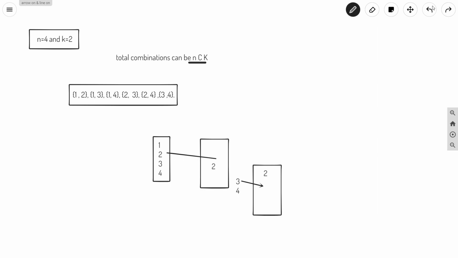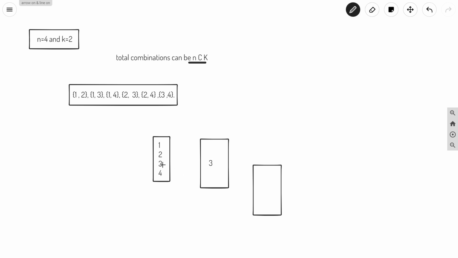We will pop out, and we will add 4 here because we are done with 3. Our vector will look like this, 2 and 4. Again we are done with all these two numbers, so we will backtrack. Now we will solve for 3 here. So let us say we have chosen 3.